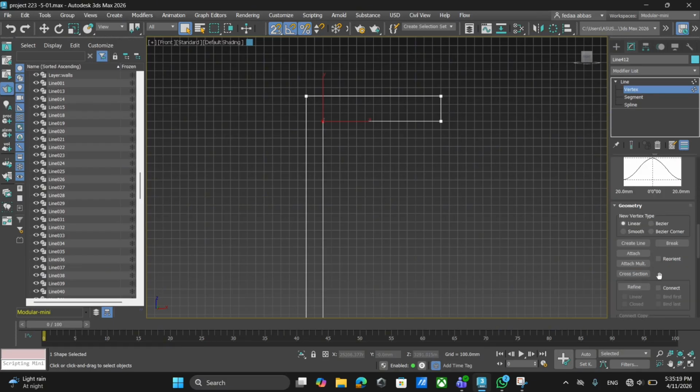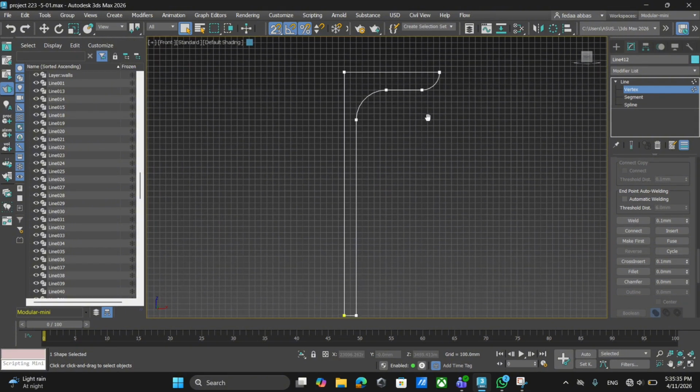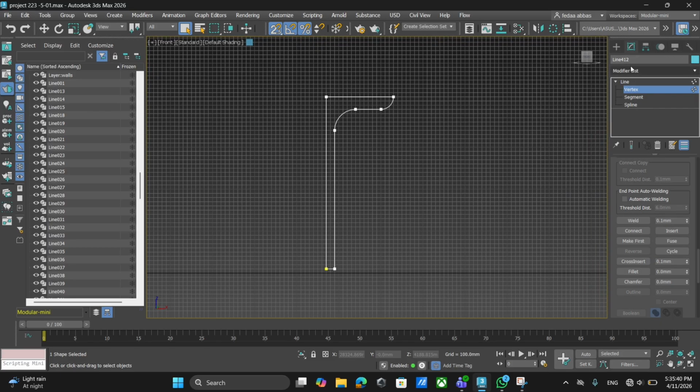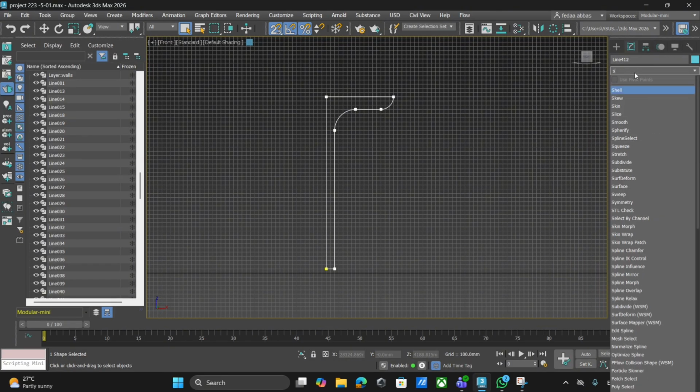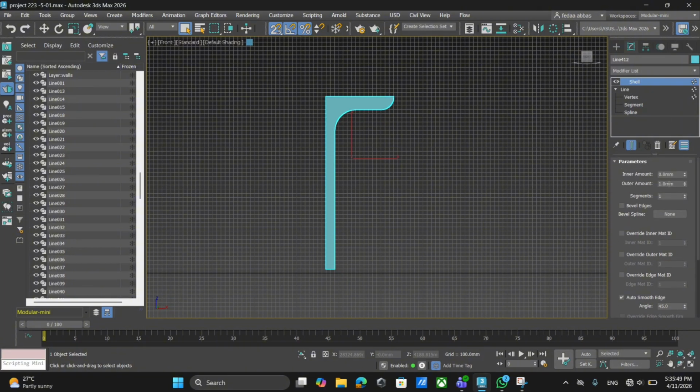I'm gonna fill it, for like a 500, and these two for like a 500 as well. So this is how I created this shape. And then I'm gonna add a shell. So I'll make it like a 2D. The amount is like,